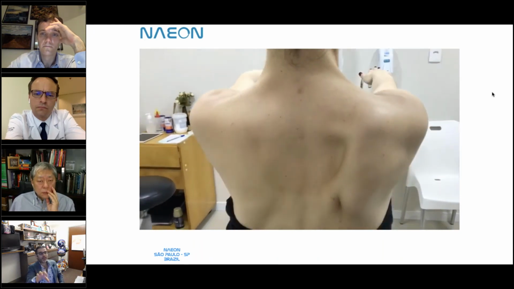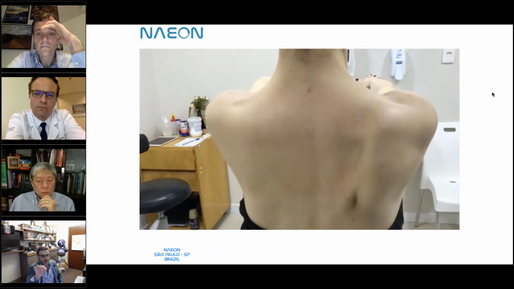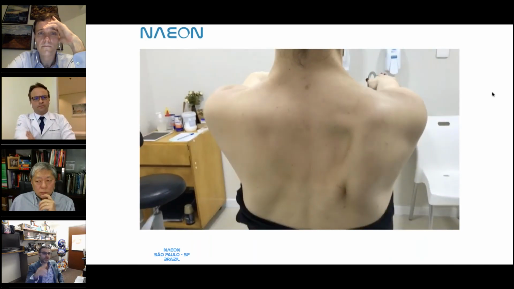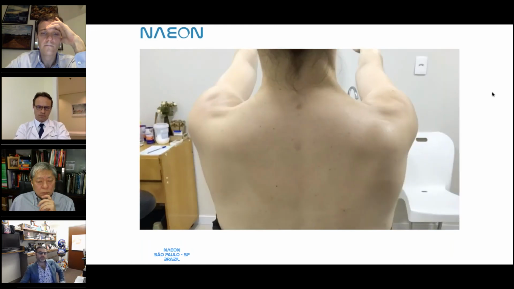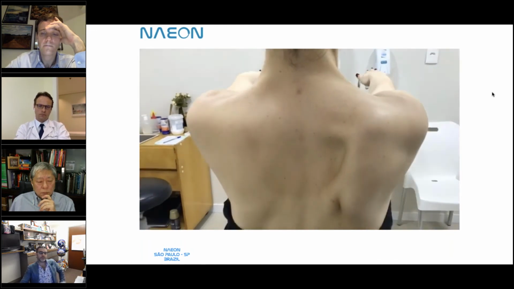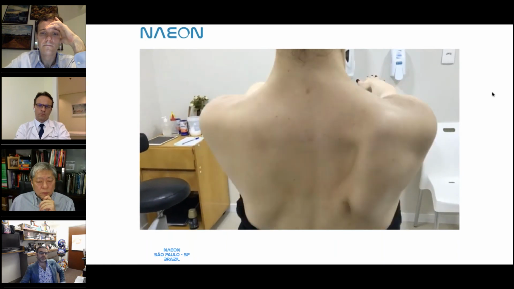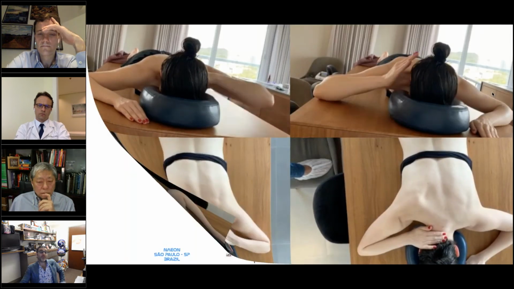These are very tricky cases, by the way, and thank you, Jose, for presenting it. But these are very specific and tricky cases. And I think in my opinion, the rhomboid major may be involved in this problem. How do you know? Well, by exam, I